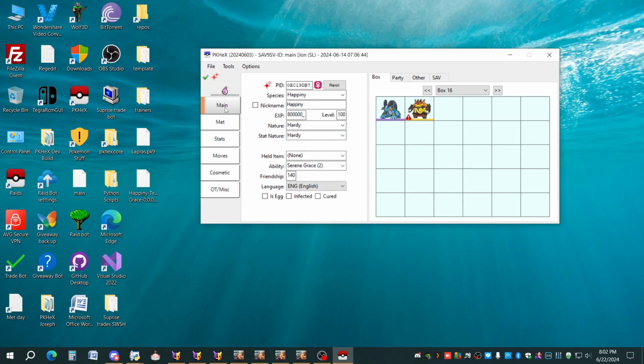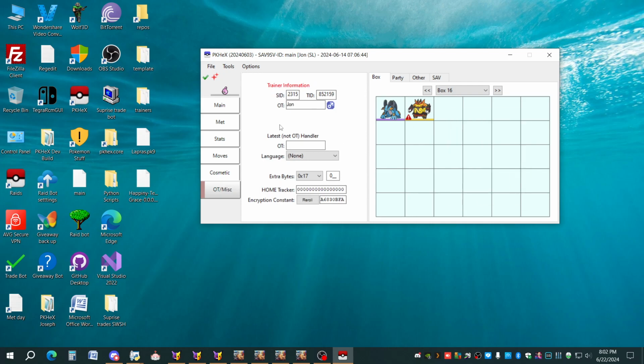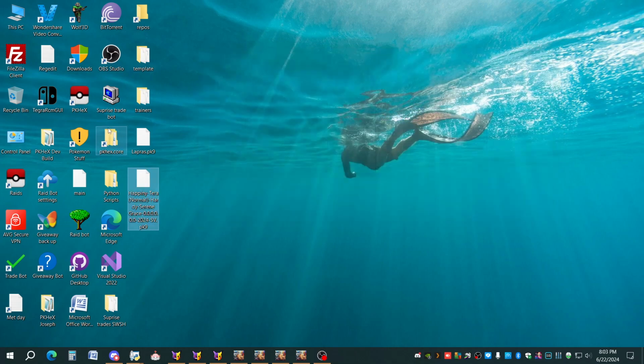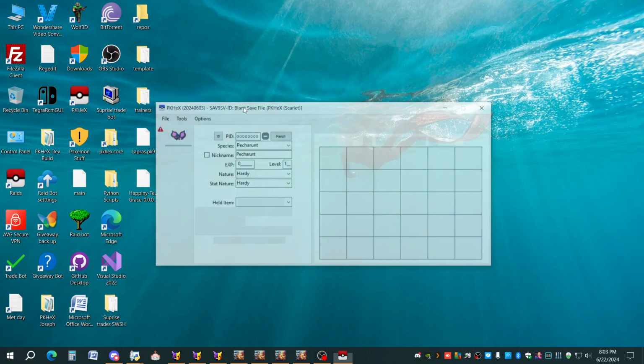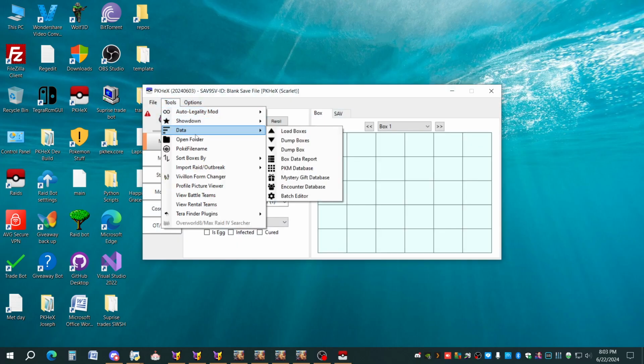And see, it says it's legal. That's because I'm using my save file. So even if I drag it, it's not going to put anything in here, because I'm using the encounter database, but it's from my save file. So that's what makes it legal. Now, if I turn around and use a blank save file like this,